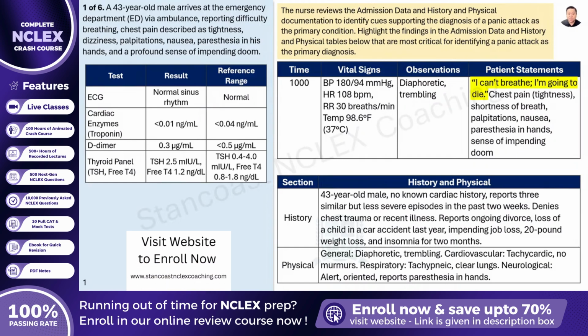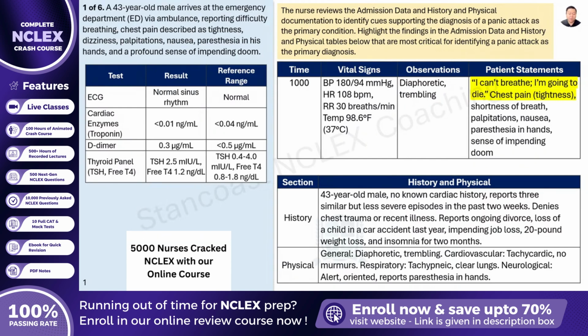And as a nurse in this situation, you need to treat what the patient says seriously, even if their vitals look stable, because subjective distress is part of the diagnostic picture. The next finding that you should highlight is this one: chest pain, tightness. Although chest pain always raises concern for cardiac issues, in the context of panic attacks, it's usually due to